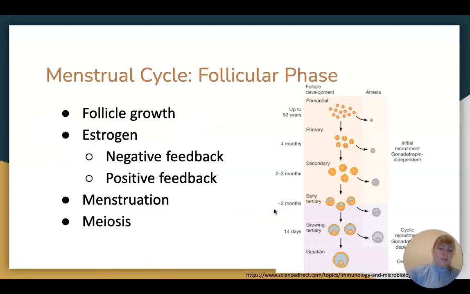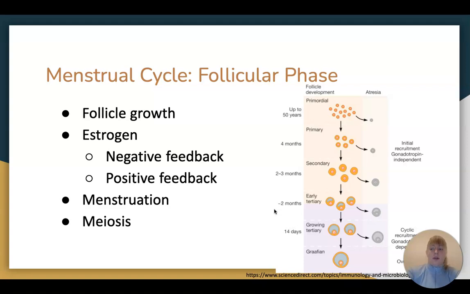Next, we're going to focus on the menstrual cycle. Feedback loops are important in maintenance of the menstrual cycle in non-gravid or non-pregnant females. I'm going to start with the follicular phase and then work my way through ovulation and the luteal phase. Just before the beginning of each cycle, the gonadotropin secretion from the anterior pituitary increases. Under the influence of FSH, a group of tertiary follicles in the ovaries begin to mature.